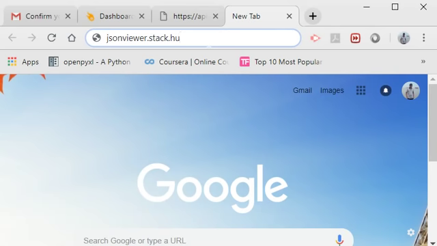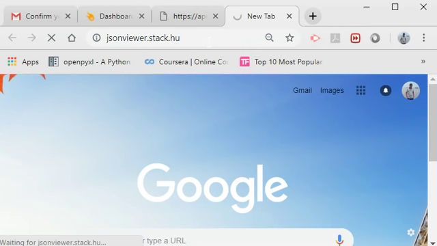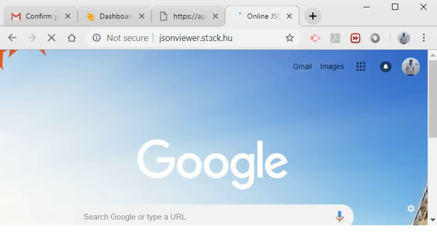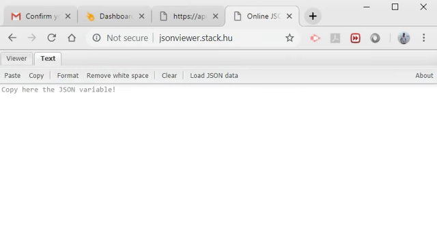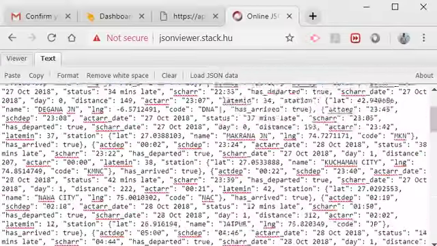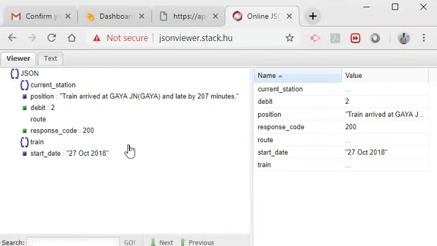Go to jsonviewer.stack.hu. Okay, just paste here the complete text. Now you can view it in the viewer. So it is just like a dictionary. So there is a key named JSON, and it has some values like current station, position, debit, route, response code, train, start date. So let me tell you,